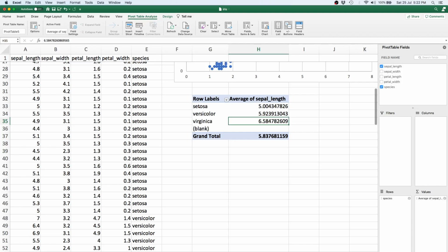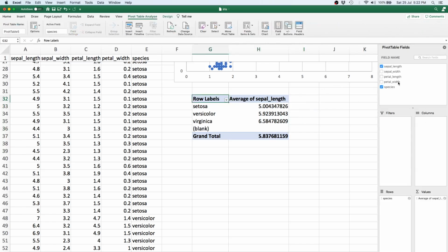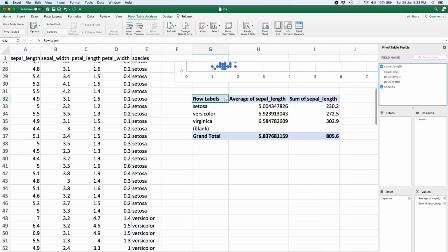So this is one case of bivariate analysis. I have taken one particular categorical column, I have taken another numerical column, and I have applied some sort of aggregation on that column, which in this case is the average. I can add the sum as well. So let's say I simply click on this again, and that gives me my menu back. I say not only do I want the average, but I also want the sum. So again I can drop sepal length into the values menu over here, and here again I get the sum. Let's remove the sum for now, because it's not going to help us much. I can just right click on the values field again and do a remove field.